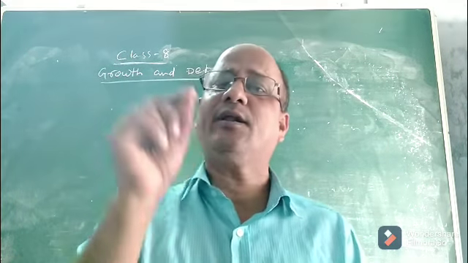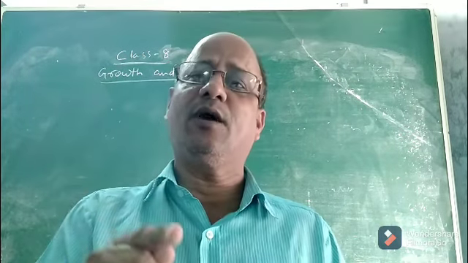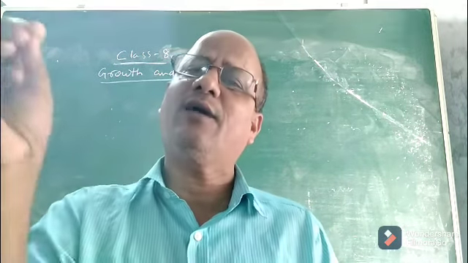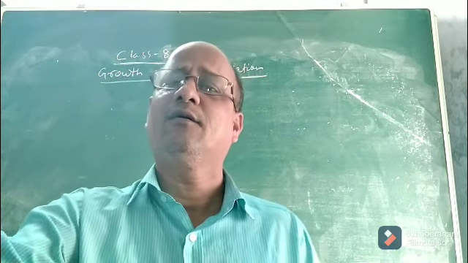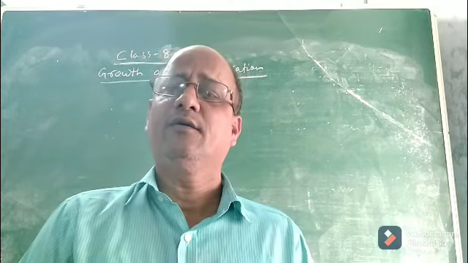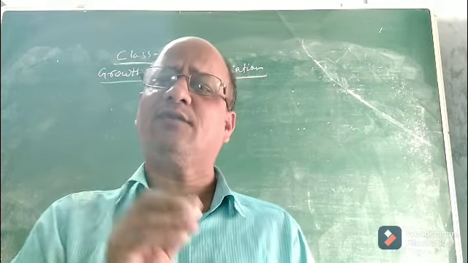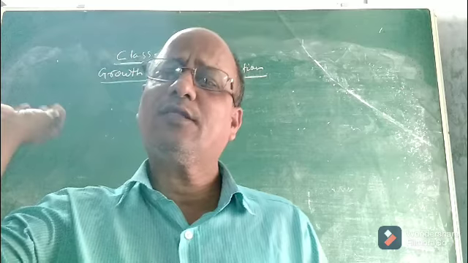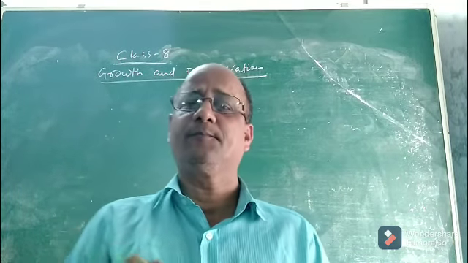Per unit time means maybe per 1 year. Unit time may be 1 year, 1 month, 1 day, etc. Generally it is taken as 1 year, population in 1 year. So that is rate of growth, that is growth per unit time. Now children, in this growth, what about depreciation? Then I will tell you the formula.